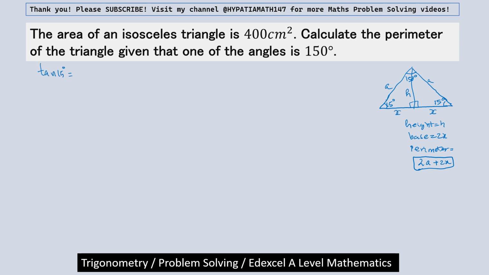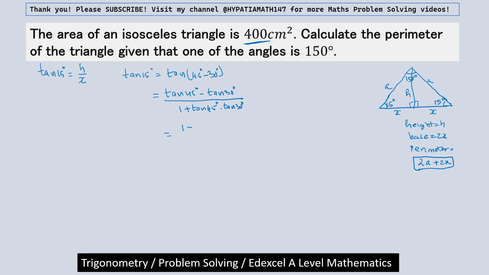Why do we need to find it? To work out what h out of x is, form a relation between h and x, and then solve it, using the area they have provided. So tan 15 degrees is h out of x, so we can work out what tan 15 degrees is. tan 15 degrees can be written as tan of 45 degrees minus 30 degrees, and that is equal to tan 45 degrees minus tan 30 degrees divided by 1 plus tan 45 degrees times tan 30 degrees, and